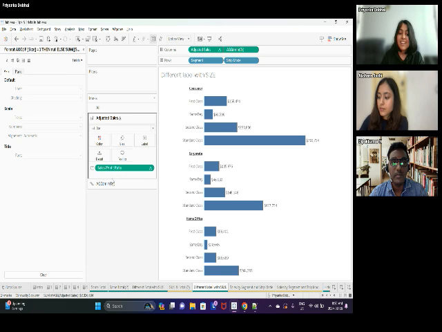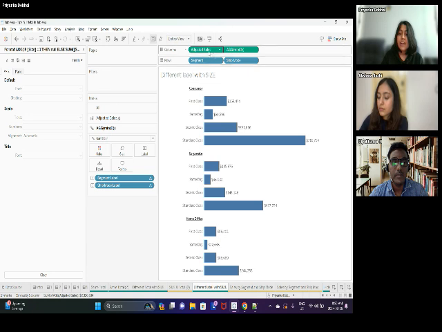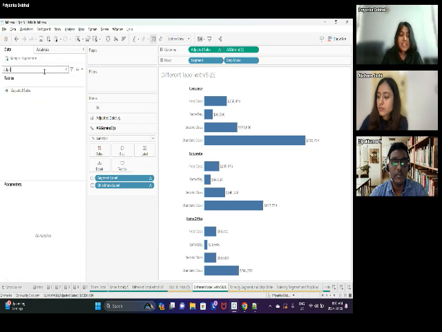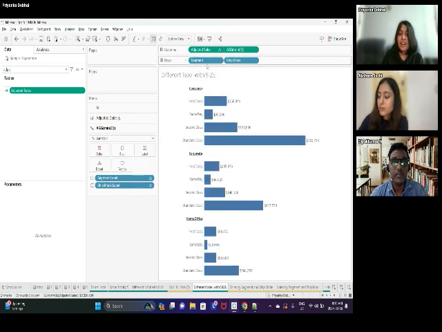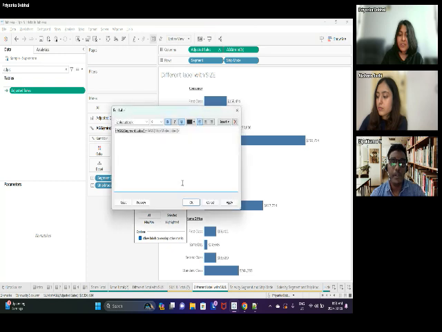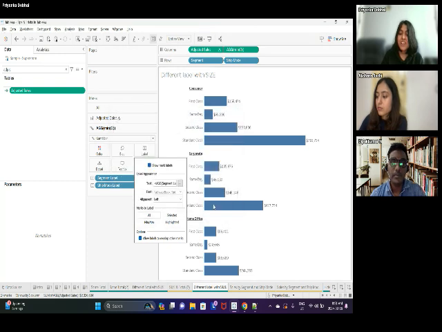Okay, so I have the sales profit ratio, which is the same calculation that I've shown you. And then you have this adjusted sales, which is again the same thing. And then you have the segment, ship mode, and you have the label. Okay, looks like it worked fine over here, but I don't know what I missed in that step. But you can see that this is the same thing.